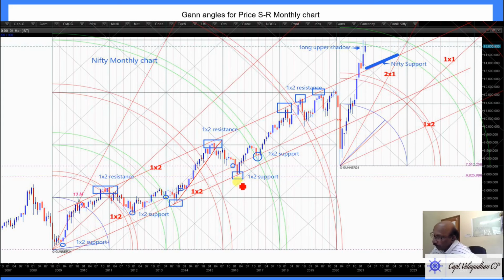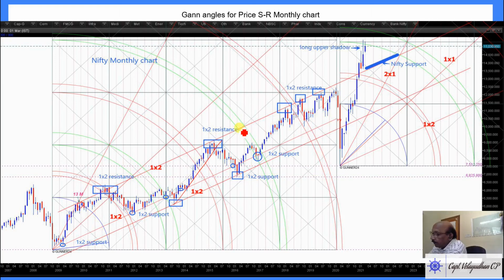And here the price was bullish and attempted to move all the way up again, but again the price showed resistance on this 1 by 2 channel. So what I am stressing here is that Gann angles play a very strong role in support and resistance. I just shifted this Gann angle to this line, where it was broken. The price was broken here. Then I took this channel and the channel was holding perfectly well.